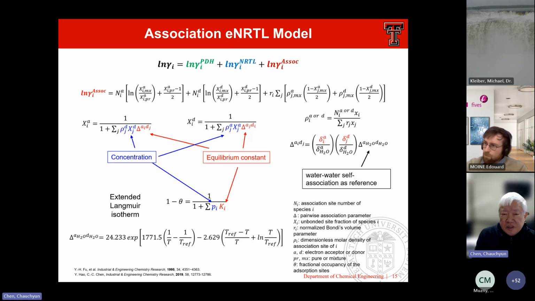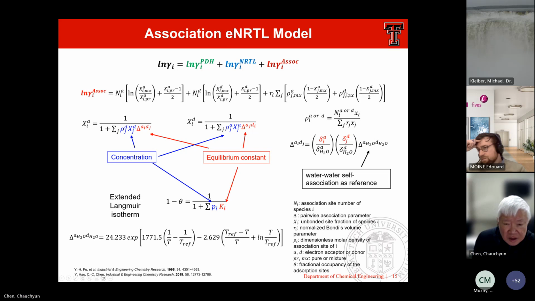So this slide summarizes how we formulated the association model. Of course, we took advantage of the work by Dr. Stan Sandler's group, who actually initiated this work back 20 years ago. Okay, almost 30 years ago, my God. Interesting. So the association term could capture contribution from association of the electron acceptor, electron donor, and